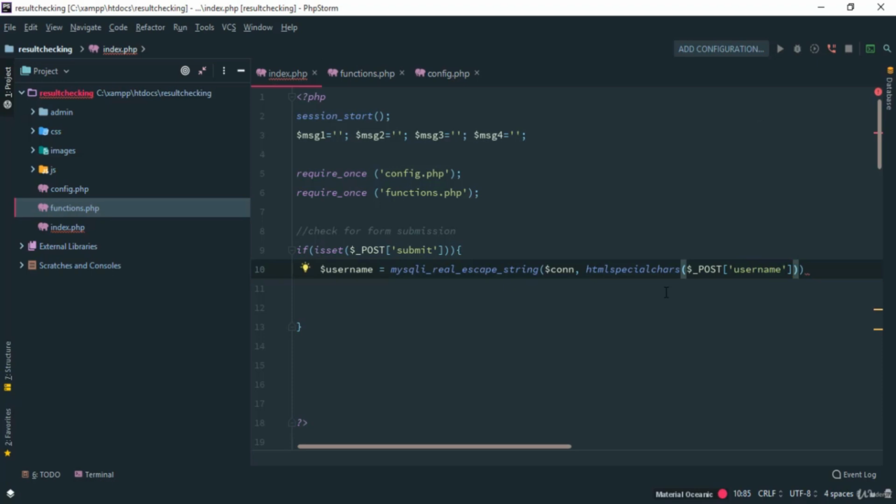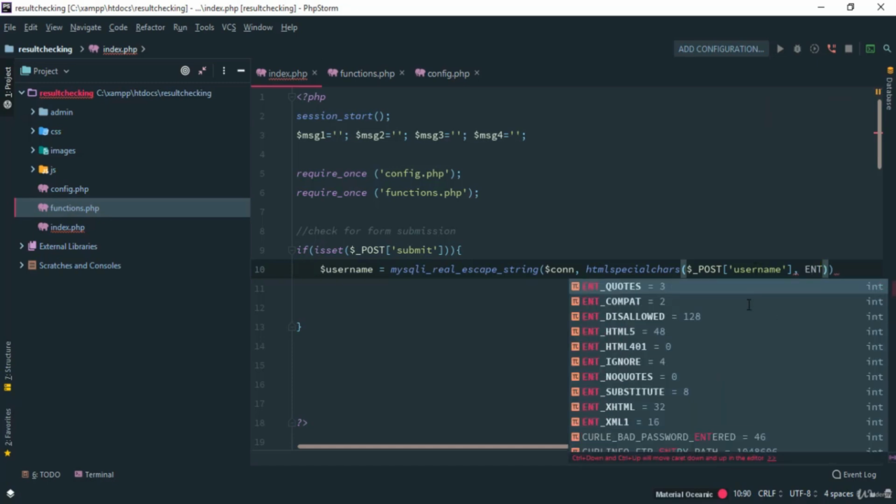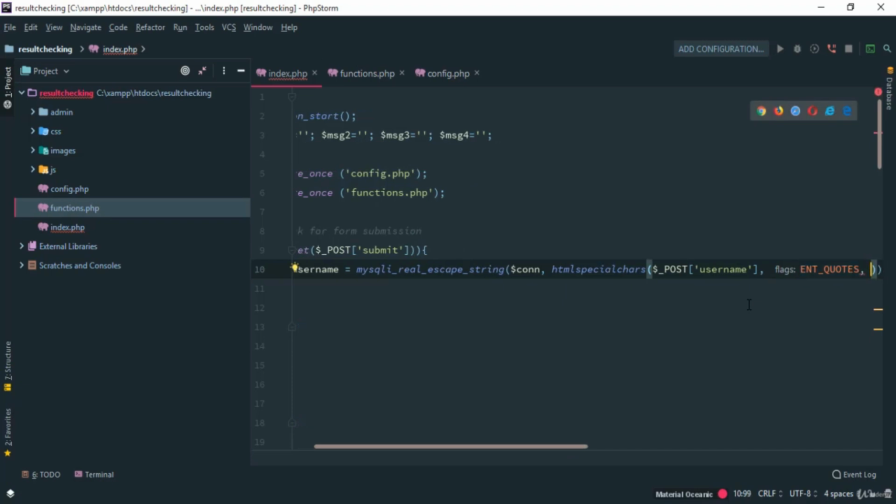Now htmlspecialchars also takes more parameters. The next parameter it takes is the end quote, and the last one is the encoding system, and here we're going to use